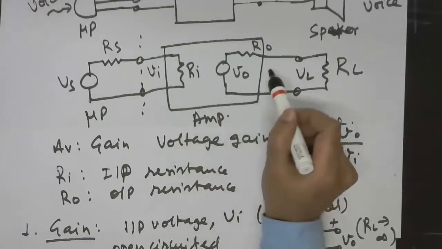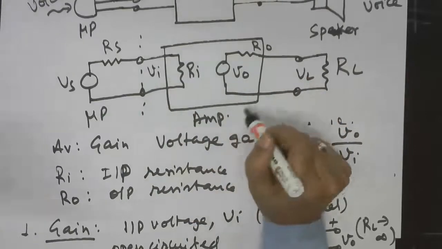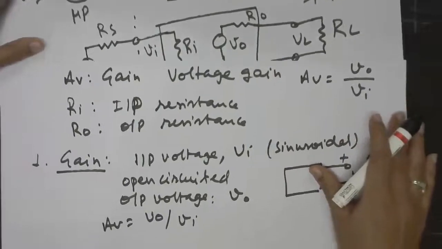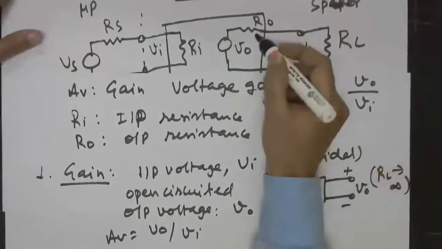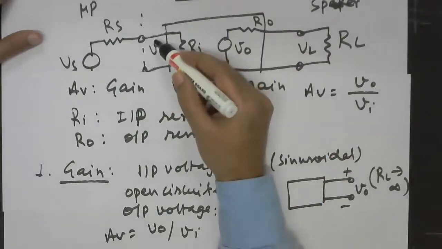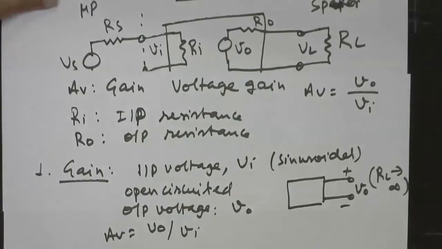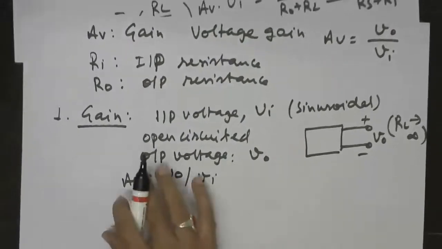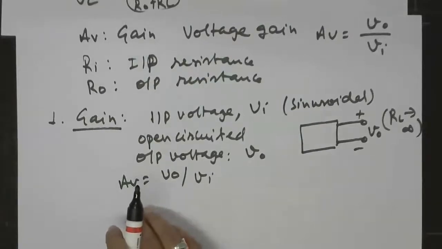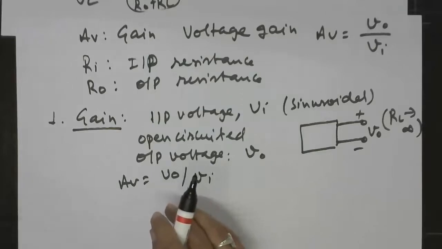But sometimes we are interested in output current to the input current and vice versa. That means a mixture of these two. So there are going to be three other types of gains also, depending upon what is the quantity of interest on the output side and what is the quantity of interest on the input side, in terms of voltage or current. But we will always use this voltage gain for these circuits. This is the most commonly used gain.